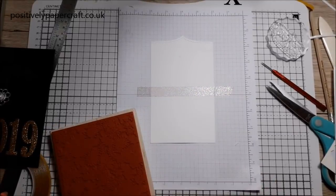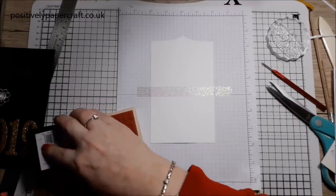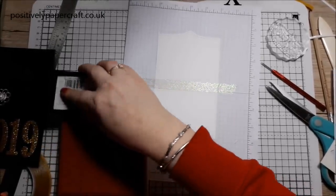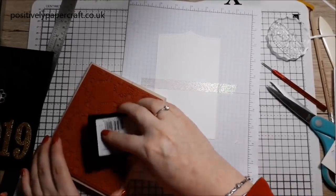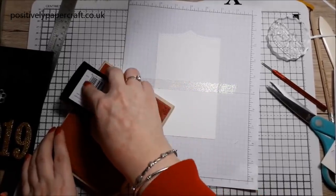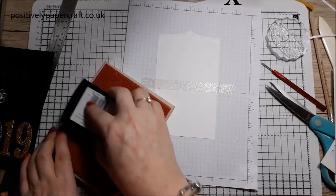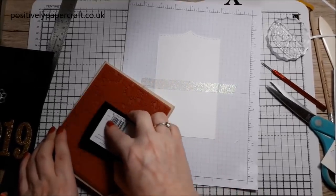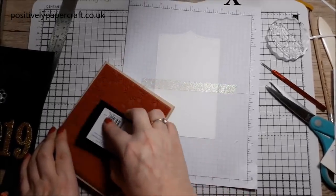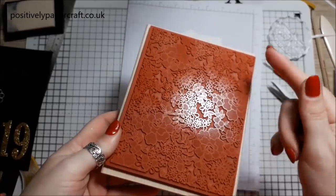So I'm going to ink it up with some Versamark, but obviously I'm just going to ink the first half of the stamp, because I get quite a lot of people asking if I would use retired Stampin' Up and stuff, because as you know, we've got the hashtag going on at the minute, which is hashtag use what you've got, or use what you have. Yep, use what you have. Which is a perfect example of this. So I've inked up, you can see, probably just over half,